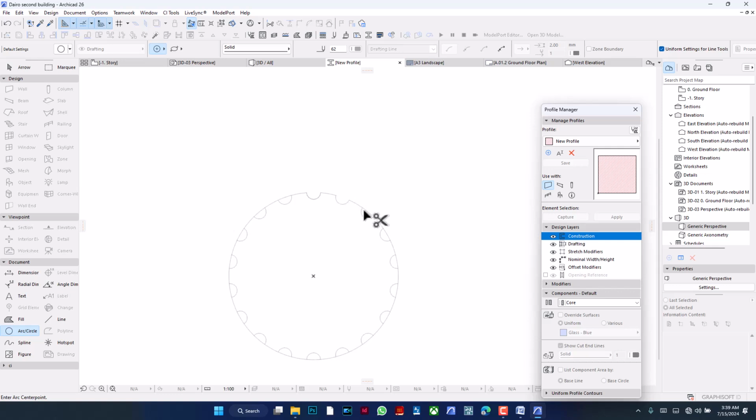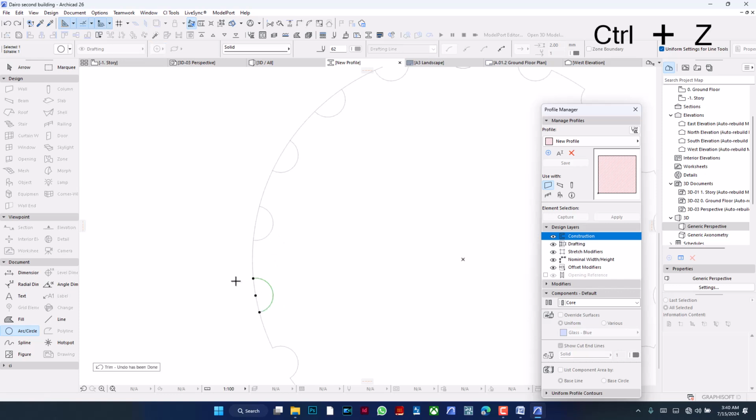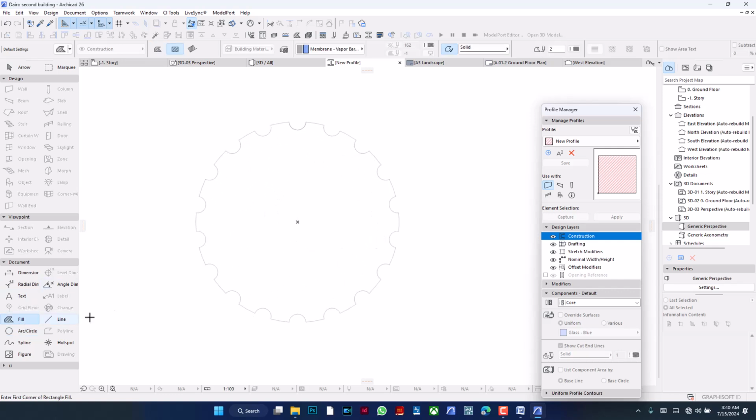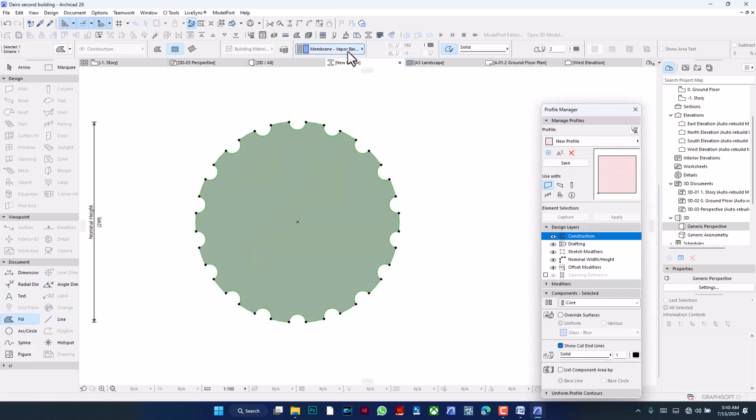So I could just trim off these unwanted areas. Okay, so now I'm going to fill this with reinforced concrete,